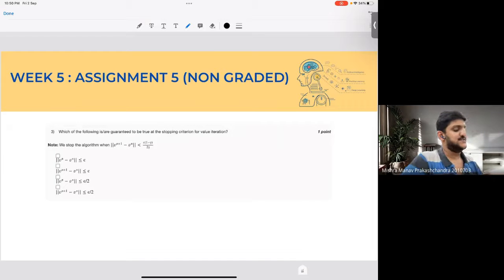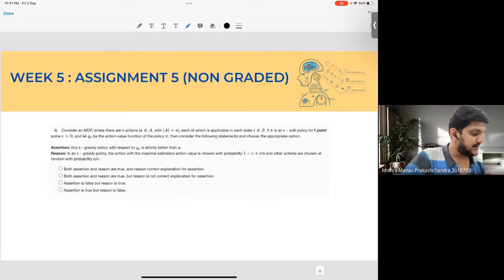Then you have: which of the following is/are guaranteed to be true at the stopping criterion. Okay, so I just need to look at the stopping criterion. If I know this thing, what all would be true? This is true. This is true, this is true, and this is true, right? Yeah, I think all of this is true in this question. Okay. Next up, we have